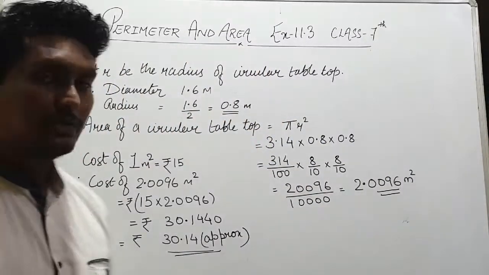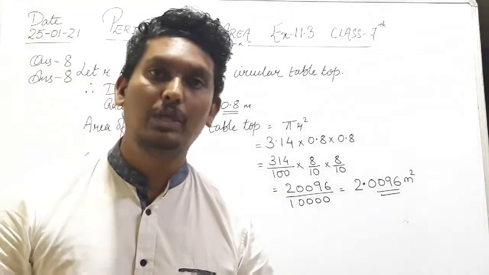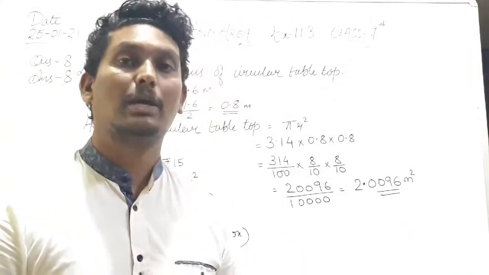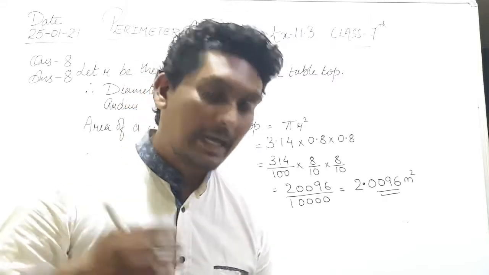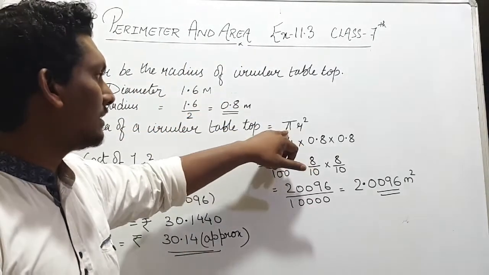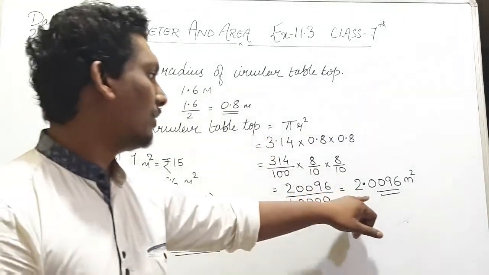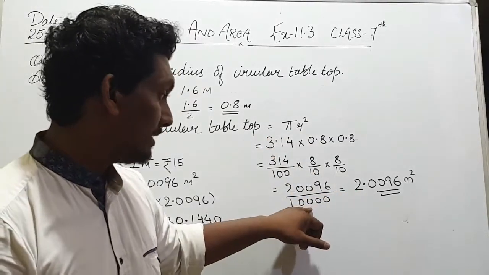So hope the question is very clear to you. Diameter is given, and a certain area we have to polish. That's why we have not found the circumference in this question. We have found the area. So diameter is given, find the area. Put that in pi r square. Multiply it. Just divide it for removing the decimal.